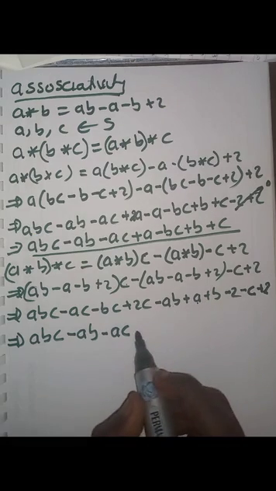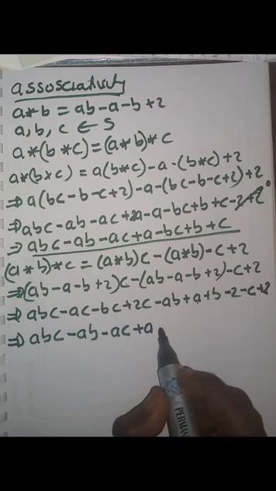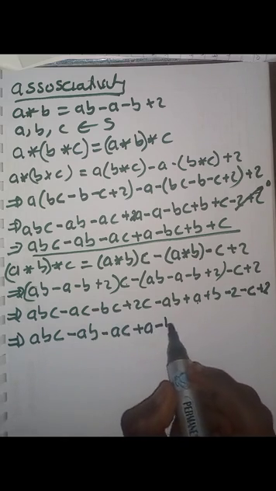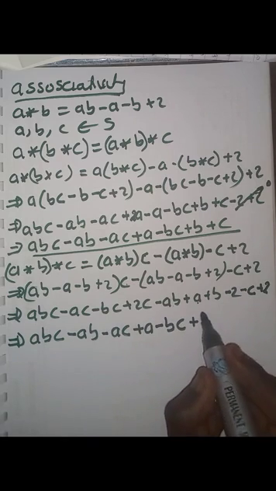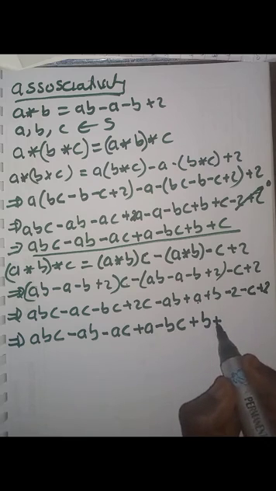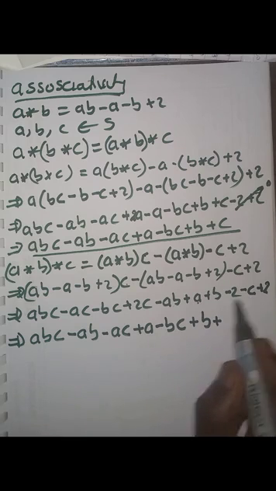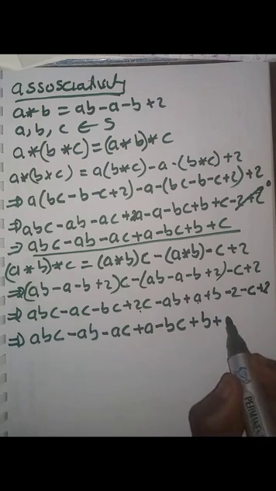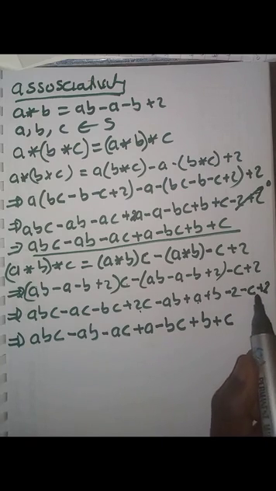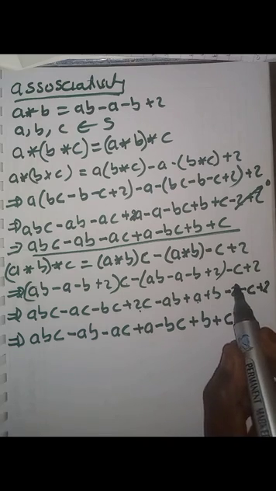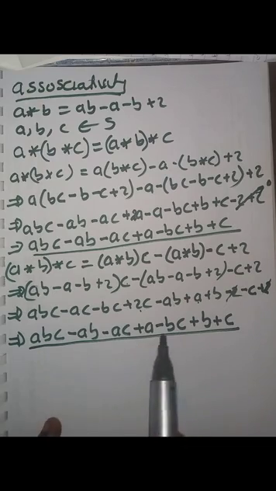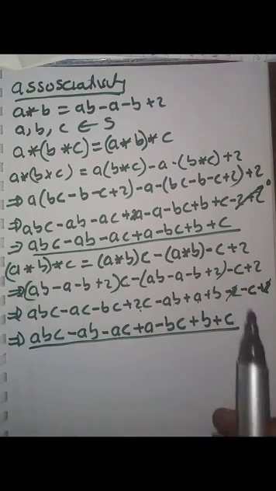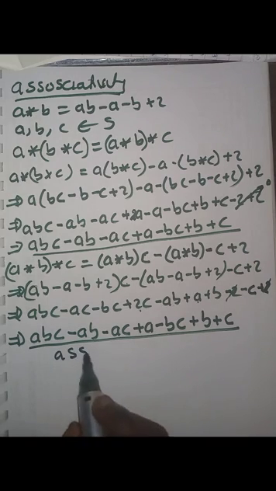I don't have another A, so it's just going to be this plus A, then plus this BC minus BC, then plus this my B here plus B, then this is 2C minus C, which just gives me C. Then this negative 2 and plus 2, they cancel. So this is what I have. We can clearly see that this is the same like this, right? Therefore means associativity